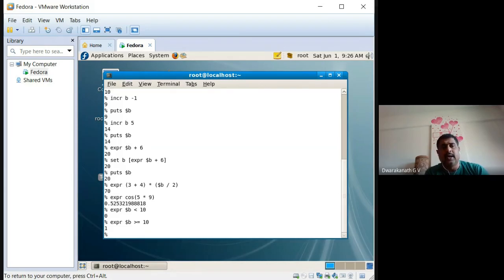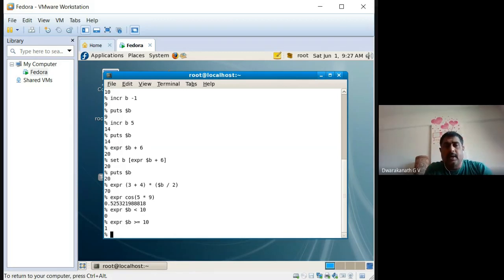Like that, you can use any relational operations also, that is equal to, not equal to. But when you want to compare numerical values, this is the way you have to use. If you want to compare character values, you have to give directly.